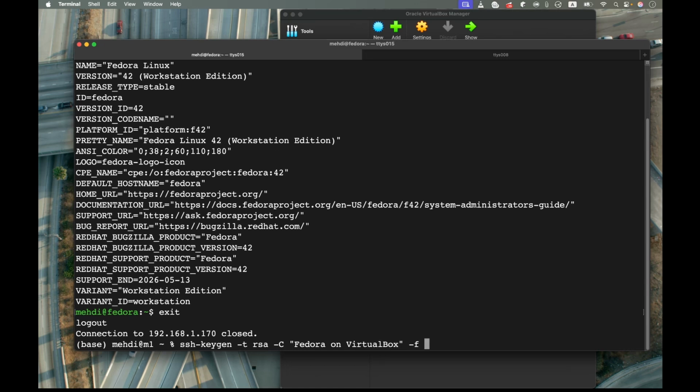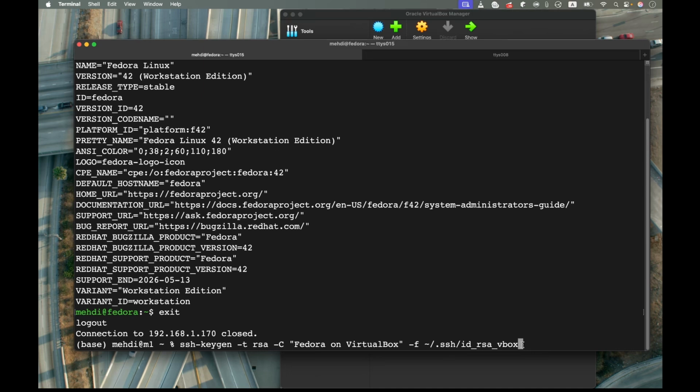And then the path where I want to create the key. I created it in this .ssh directory as id_rsa_vbox. This is a conventional way to name your keys: first id, then an underscore, the algorithm, and then some suffix to recognize the key